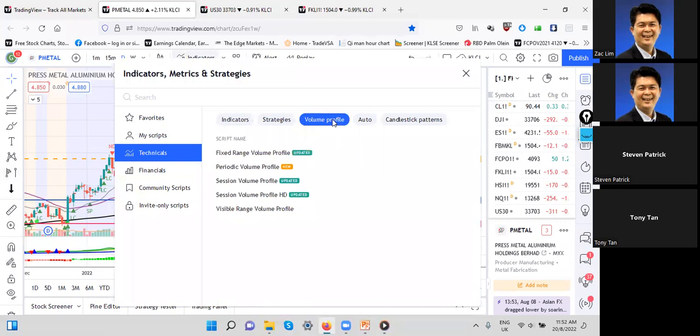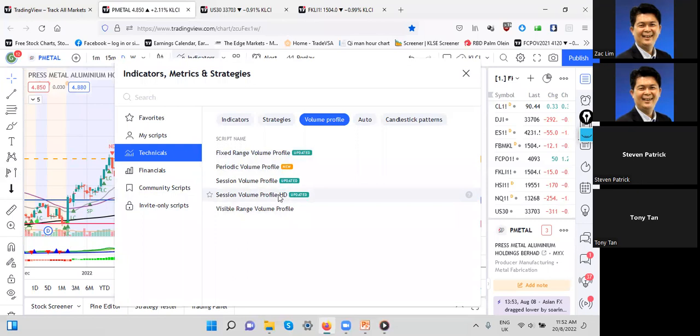You just click on the volume profile to see all this red color in each individual bar. You can go into this periodic volume profile, but to have the fixed one where you can just draw a line, you go for the fixed range volume profile. If not, you can also try the session volume profile. Session profile will focus more on